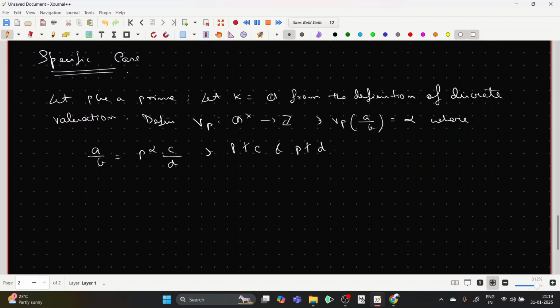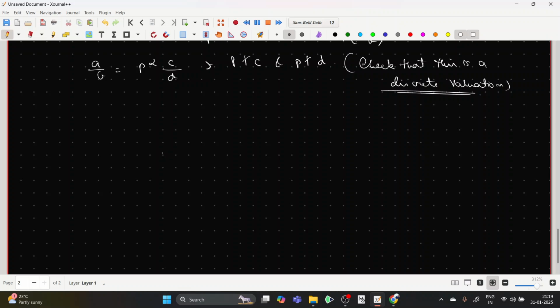Now it's a very routine check that it's indeed a valid discrete valuation. So we are not going to get into the details. You can just check that this is a discrete valuation. This is a very routine check. There's nothing too specific about it. What we need to check is the following. Okay, so claim: